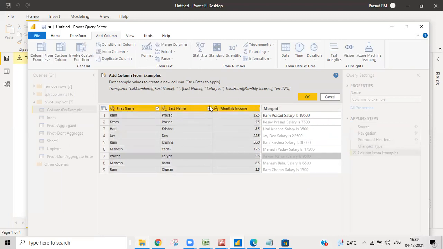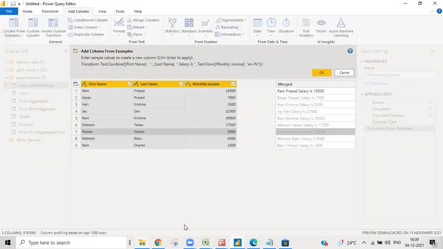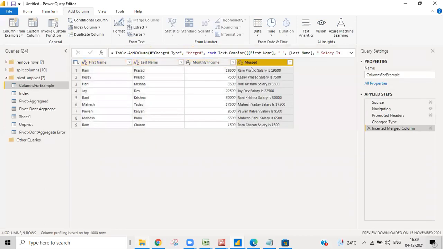Yes. This gives us a lot of things, and you can do wonders with it if you know how to use it properly. There will be a lot of burden reduction for you. Why? Because every time you don't need to write something or use custom columns. Simply you can do something over here based upon the columns and click OK. You'll get the column over here, and then you can take the column to Power Query.